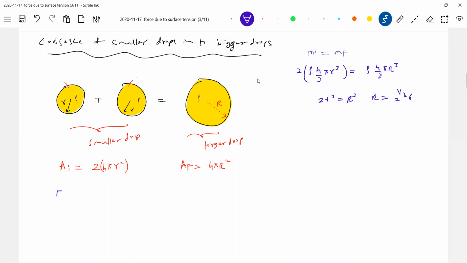So let's calculate the initial energy. Initial energy should be equal to surface tension into AI. This will be 8 pi ST r square. Final energy is how much? ST into AF. So this should be equal to 4 pi ST into R square. We'll compare capital R with r square. So this will become how much? 2 to the power of